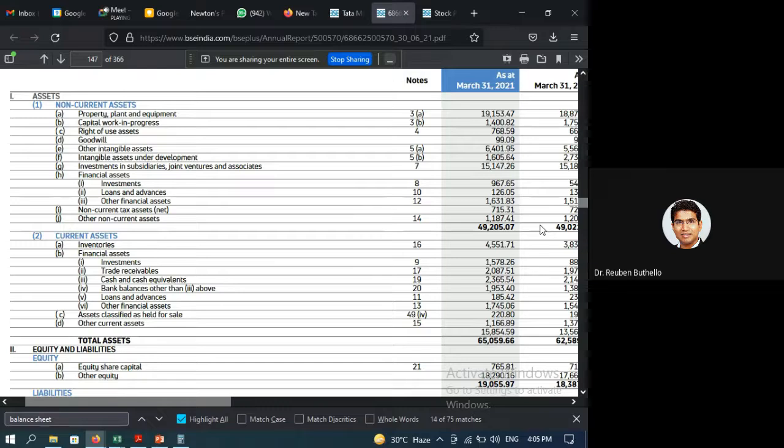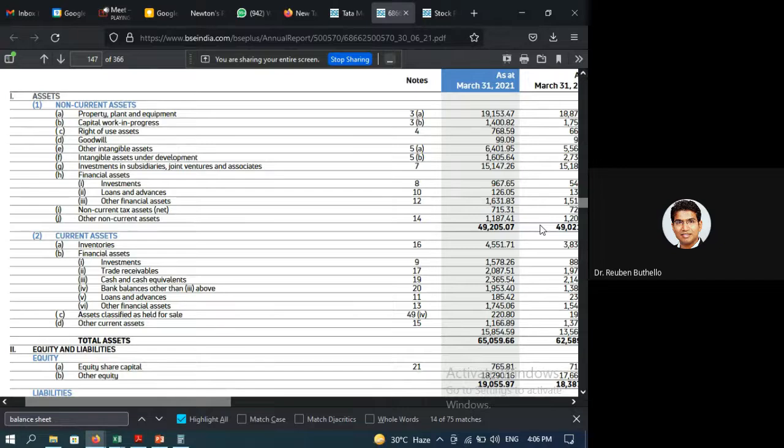They have financial assets like small short-term investments. If you notice, there are financial assets in long-term and financial assets in short-term. Can you give me one difference what long-term and short-term financial assets mean? Any one of you, can you tell me why there is long-term financial assets and short-term financial assets? So long term is for more than 3 years and short term is for 1 to 3 years. Mm, okay, that's a very good way of defining it.